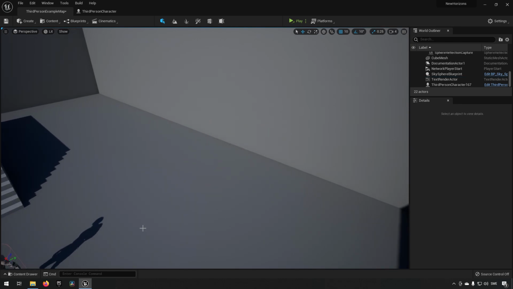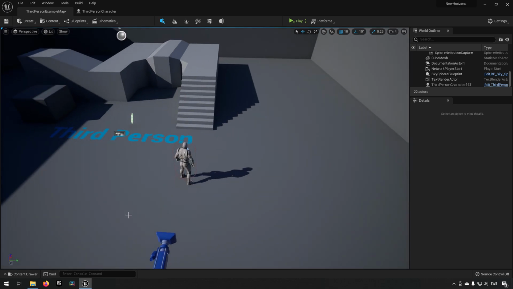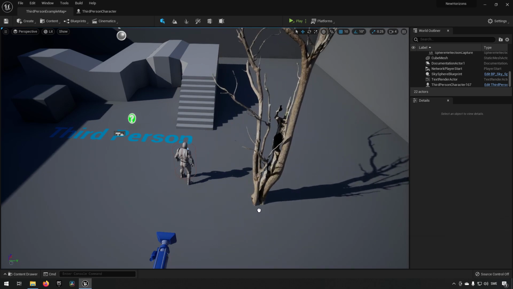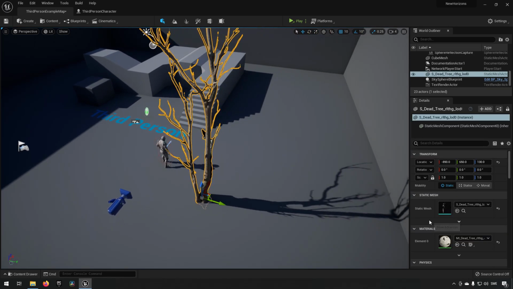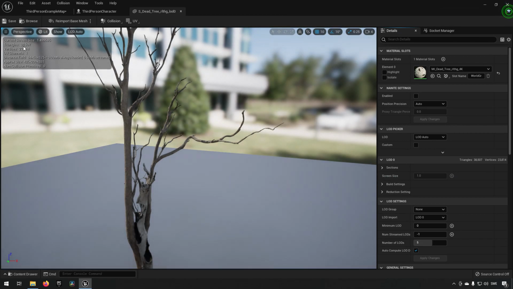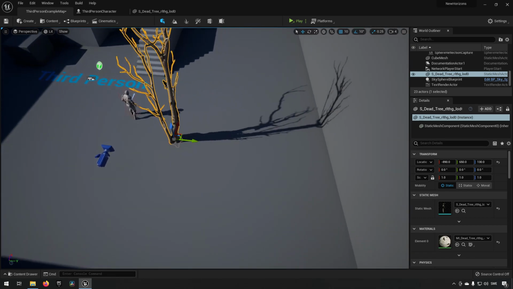So in our content browser, which you bring up with Control space, I have downloaded a tree here from Quixel earlier today. And if we were to bring this tree into the scene here, we can see that this particular tree is consisting of approximately 30,000 triangles, which is a lot for a tree, right? Now,